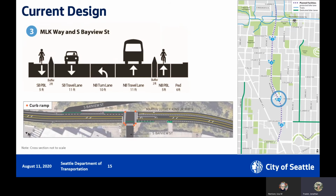Next is location 3, centered on the 2 legs of South Bayview Street. That's near the Lowe's and the Pepsi facility. This part of the corridor continues to have 4 travel lanes and a center turn lane today. Sidewalks are present, except on the east side of the street between South Bayview and McClellan, and there are no